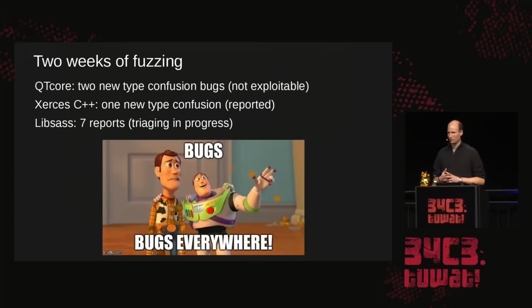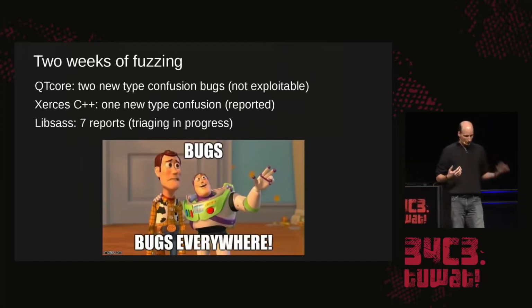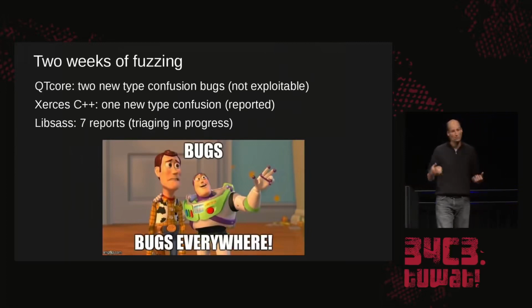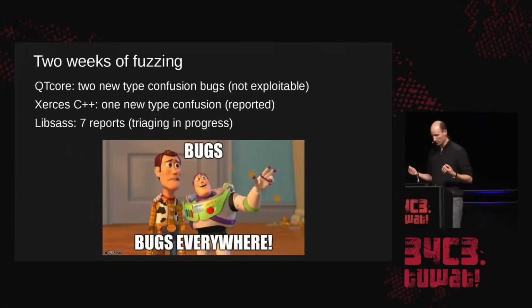As it turns out, pretty much every software you throw at it will generate a couple of reports. Some of these reports are due to the underlying problems with C++, as there's no explicit type information. Developers are abusing the type system in many odd ways, which leads to some spurious reports. So actually triaging and figuring out if it is an actual bug or not adds additional overhead to it. So you have to spend some time to look into it, as for example with libsass.